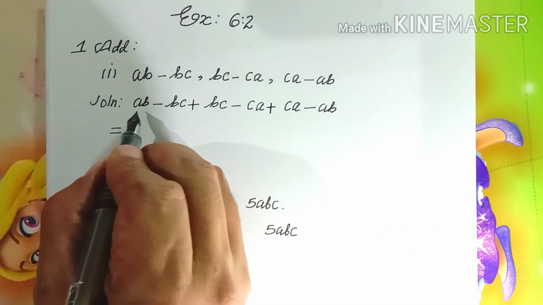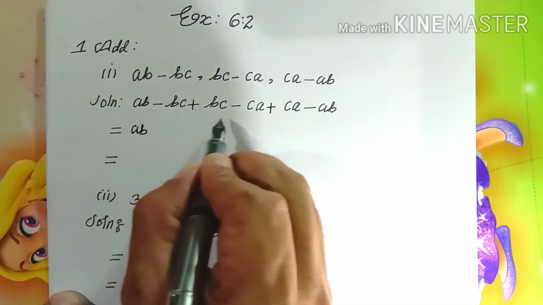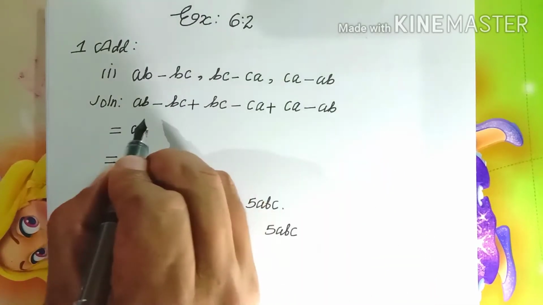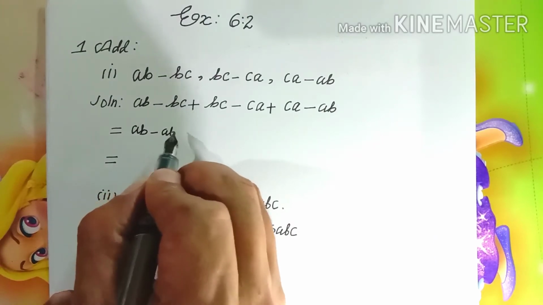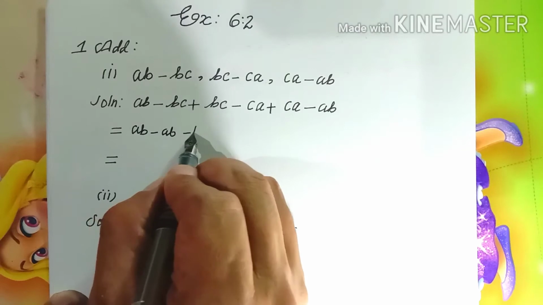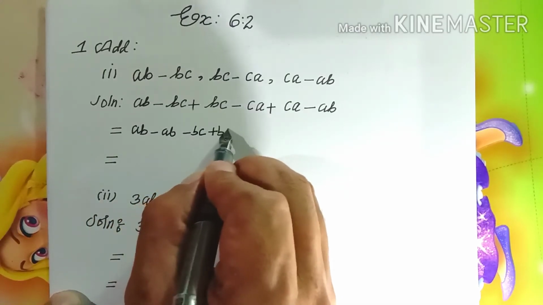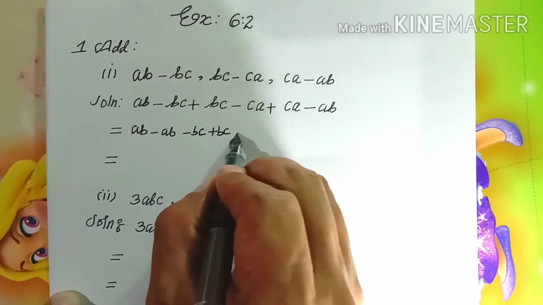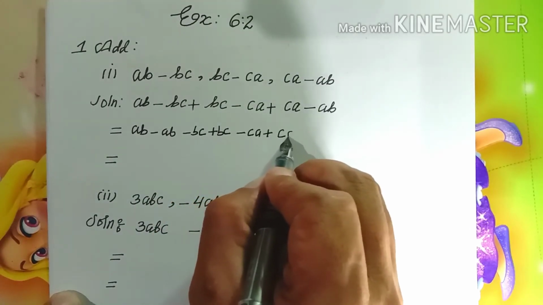So first we can group together here. We can see the variable AB. Now you can search whether we get the variable AB or not. Yes, we have here minus AB again. Now the second group, or the second terms, here minus we have BC. Again we have here plus BC. Now the third term we have here minus CA, plus again CA.